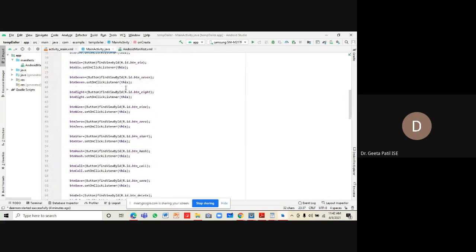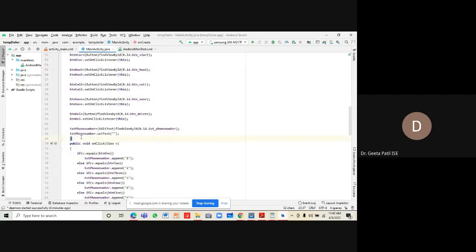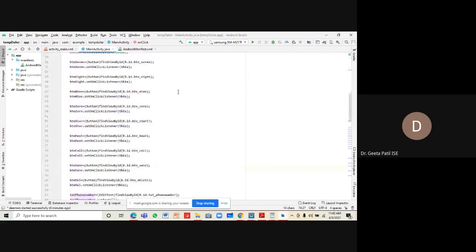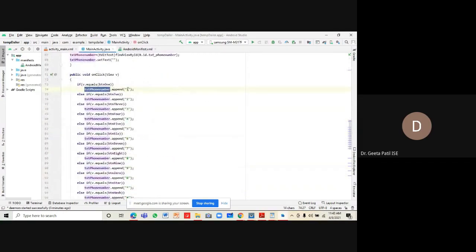When this is done, we need to write the code for onClick. So let us look at the code of onClick(View v). Over here we check which button is pressed. If v equals button1, meaning we have pressed button 1, then txtPhoneNumber.append(1). We are appending 1 to the phone number field. Next, we check else if v equals button2.